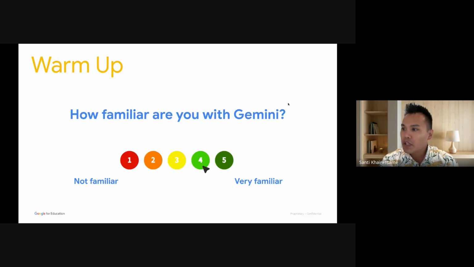All right, so let's move on. This is just a vibe check, pulse check. How familiar are you with using Gemini, which is Google's chatbot? It can be a 1 if you're not that familiar, 5 if you're a power user, where you'll be leading this session soon enough. This is great. I love seeing people that are brand new to it. You're in for a treat.